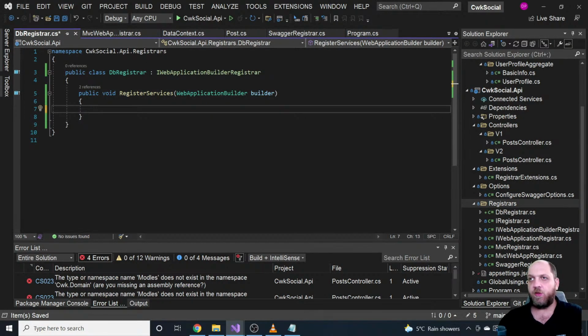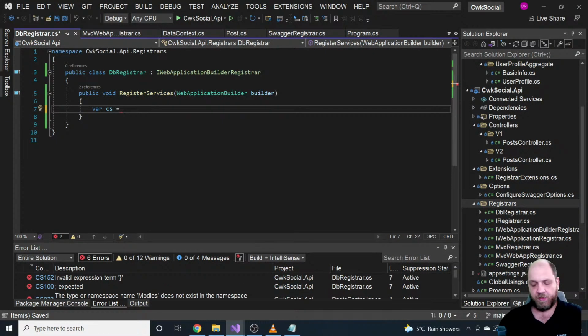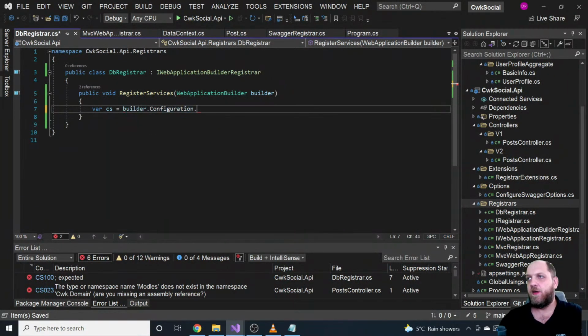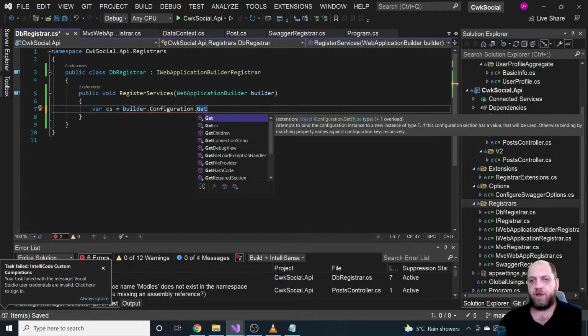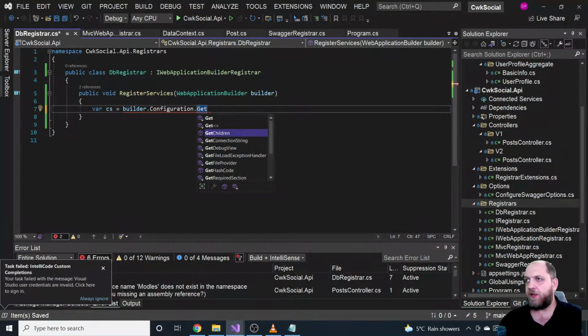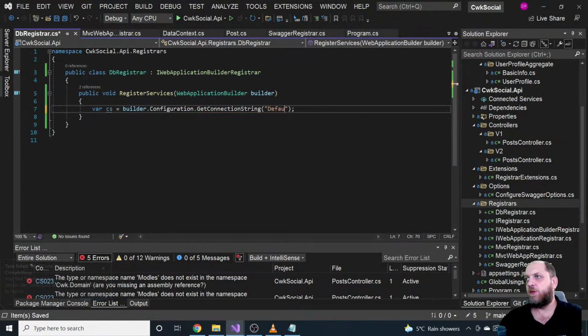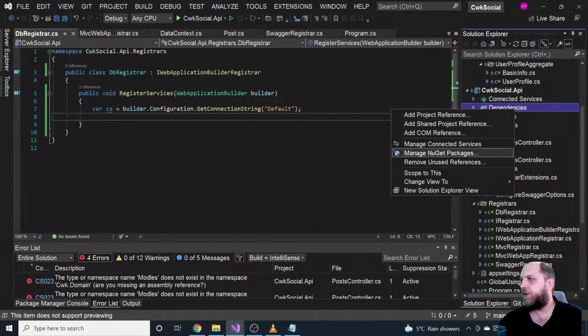Now, the first thing that we want to have here is var cs, for connection string, equals, and on the builder, we have this configuration object, and here it's the regular IConfiguration that we have also in previous versions, usually in the startup file in the IConfiguration property. And here we have this GetConnectionString, and I would like to get the default connection string for that. And now, of course, we also need to install packages here. So we are in the API projects, and here let's